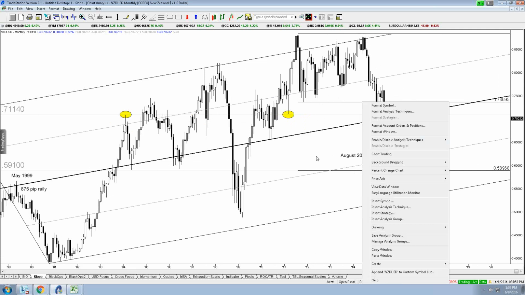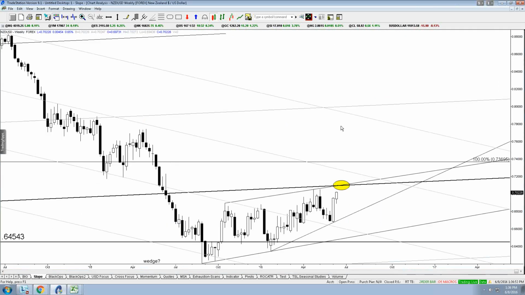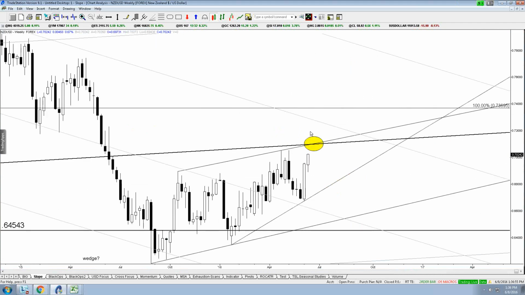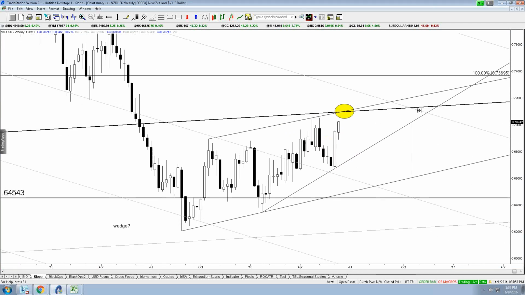And if we were to get up there and find some sort of resistance, it would be possible that you end up having a wedge of sorts from here. Now, RBNZ today, so the timing on this, we're really close. We're like 100 pips away. This might be ruined by today. I don't know what they're going to do. To me, going into this, the potential is on the downside, actually, because Kiwi's been bid up so much in a short amount of time.